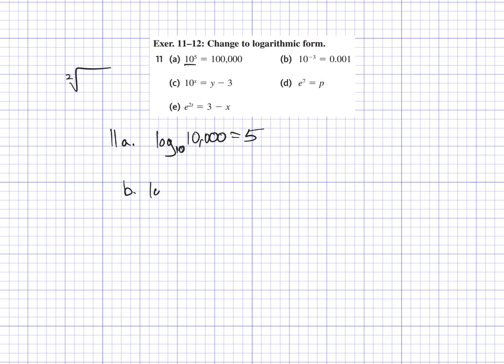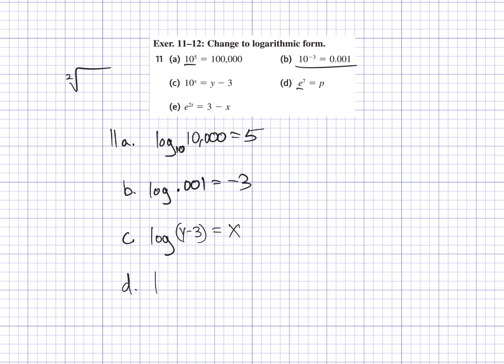the base is 10 again. We're over here. And the answer always goes here. 0.001 is equal to the exponent. Okay, and c, log base 10 again of y minus 3, put parentheses around it, it's a group, is equal to the exponent x. And d,